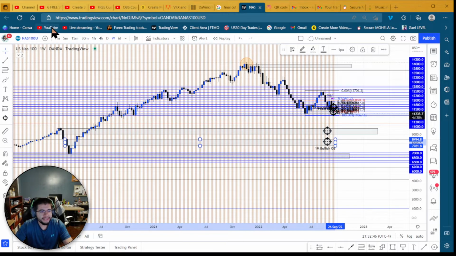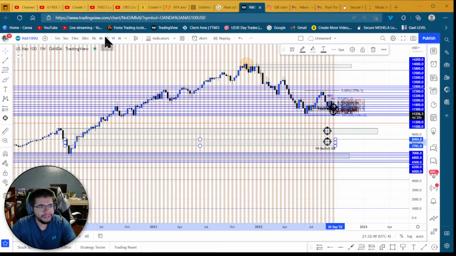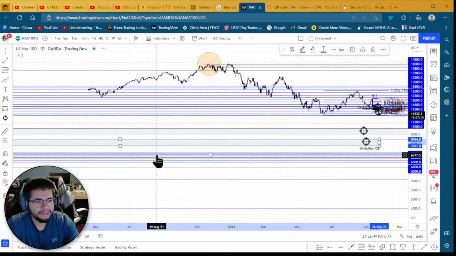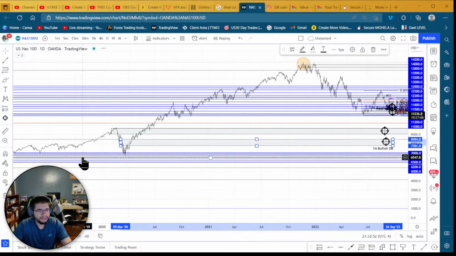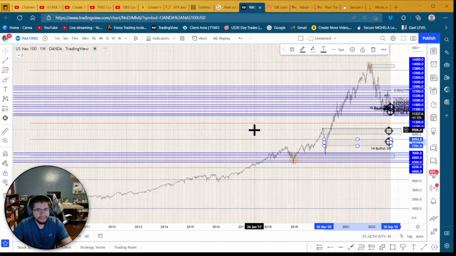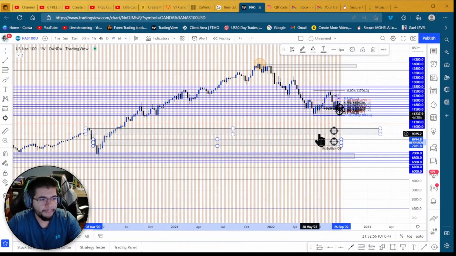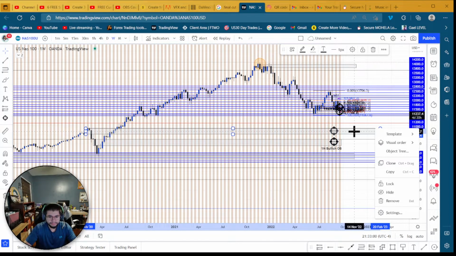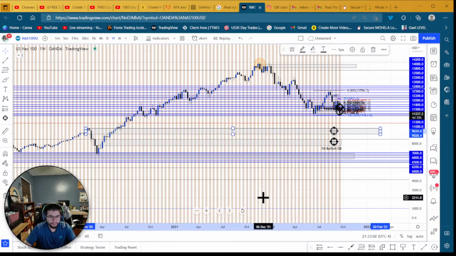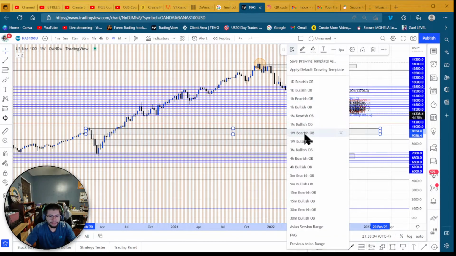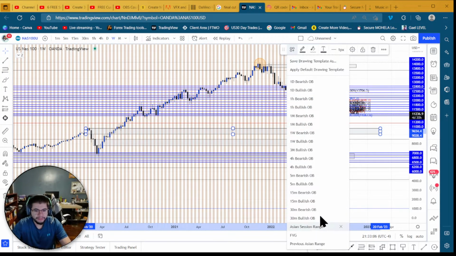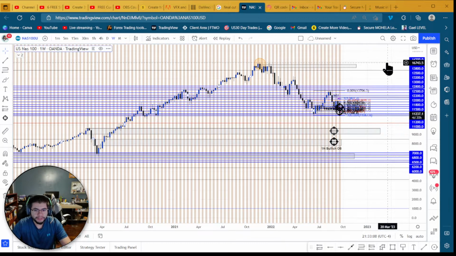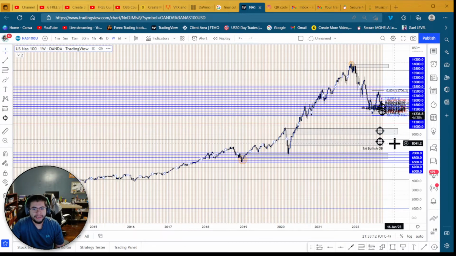we can see that, if it's the daily. No, it's definitely the weekly. This is a weekly breaker block. I wonder if I have a template for that breaker block. BB. Nope. Only bullish order block. So price could find some support here, and I want to draw out a